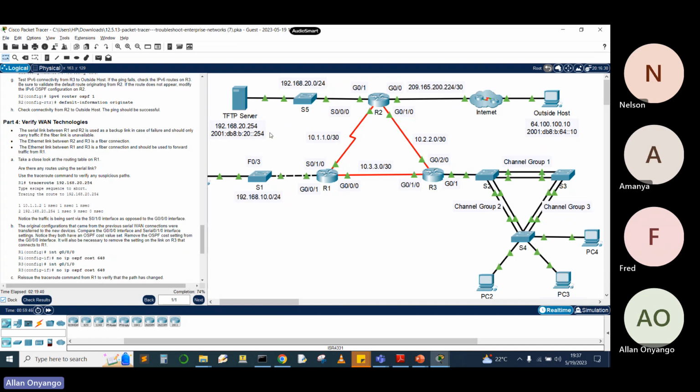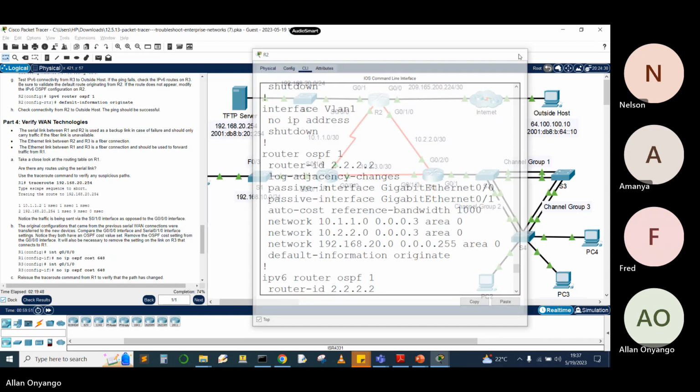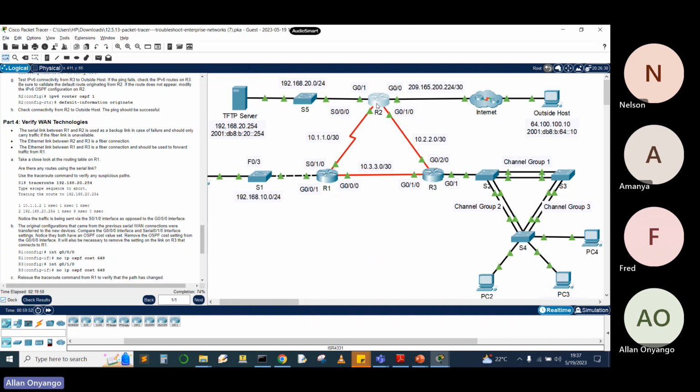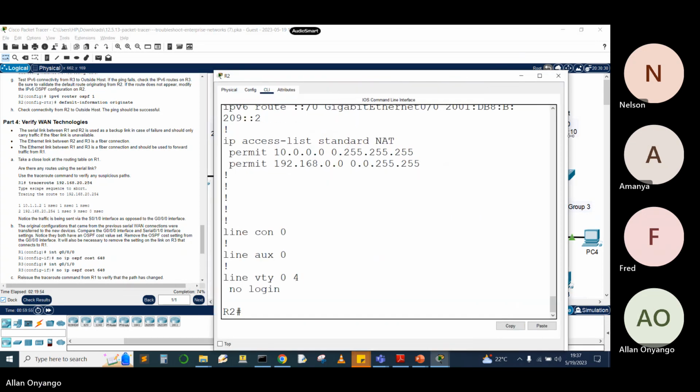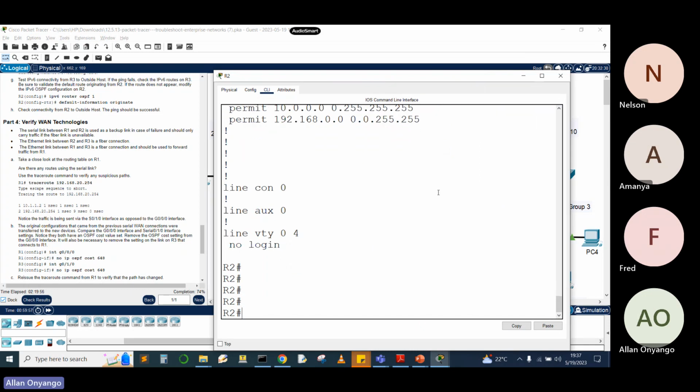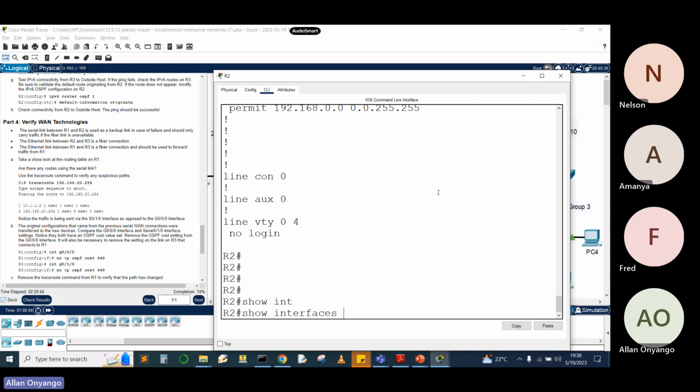So let's look at R2 and R3. We look at interface G0/1/0 on R2. So show interfaces